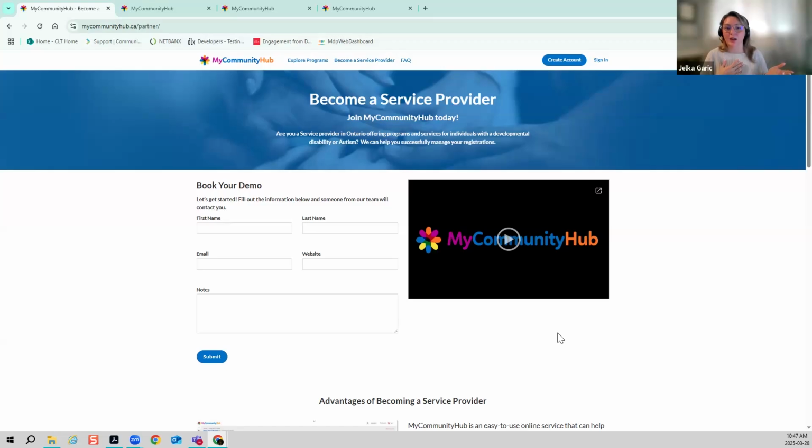If you put in the notes that we met here, it helps us know we don't have to do a full demo, but we usually do a demo and walk through what you're thinking of doing on MyCommunityHub, so that we can see how we can make it work for you. And then of course, we'll talk about next steps and onboarding if you're interested.